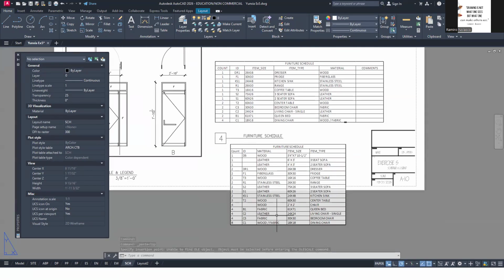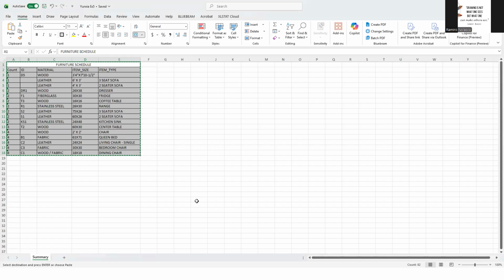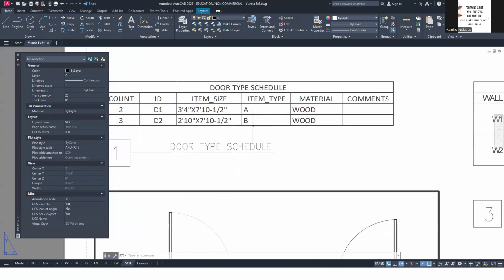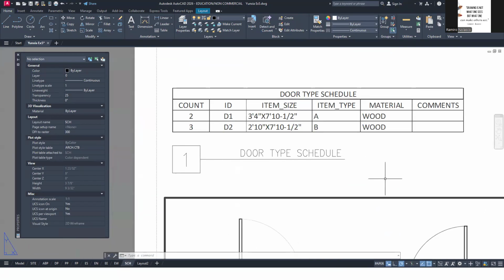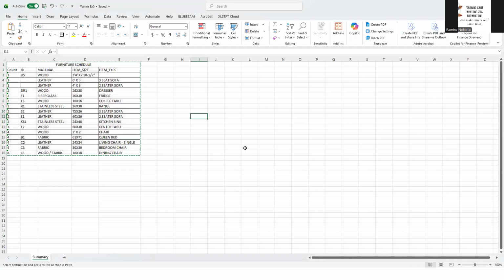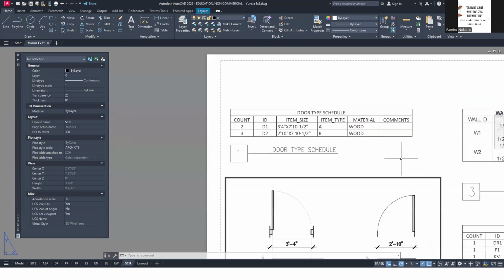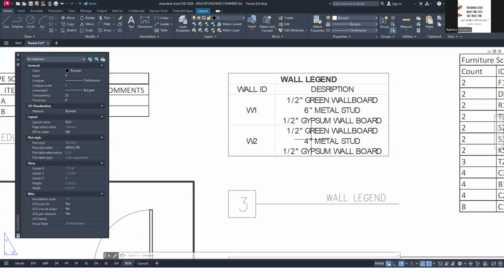Okay. Now, in the same token, you can have, let's say, this information here, door schedule. You can take a photo of that, copy it, and place it in Excel. So you can place it here, and then you can copy, Control C, and paste it in your schedule. Okay, so that's for door schedule, wall legend.